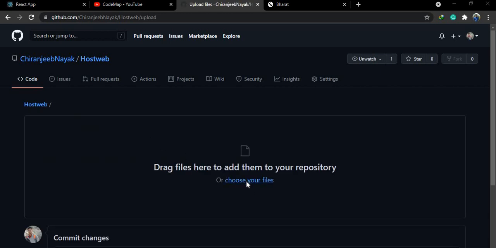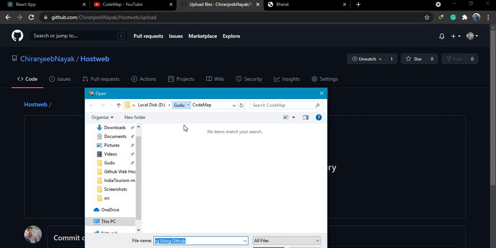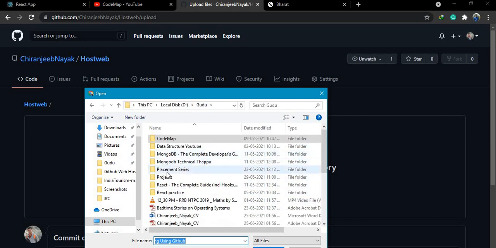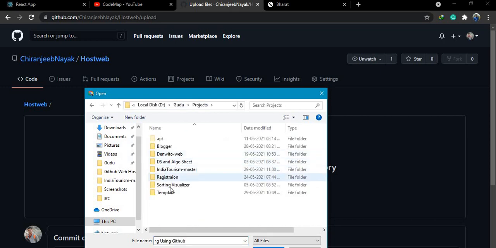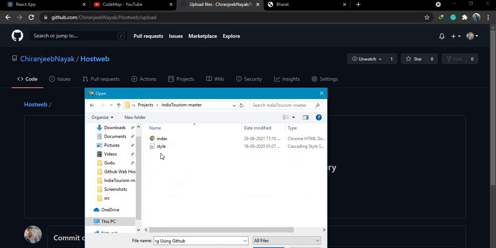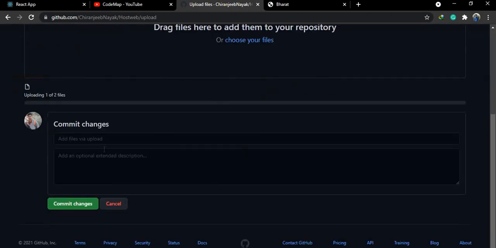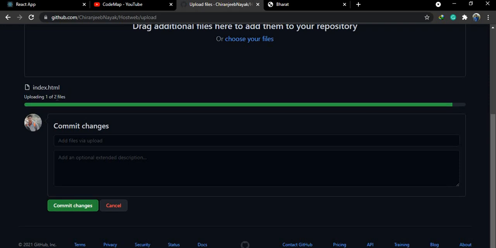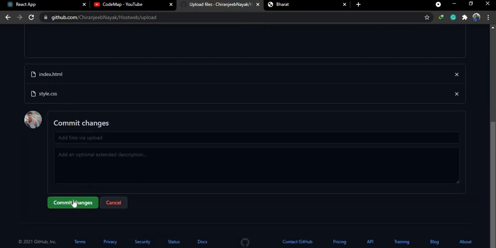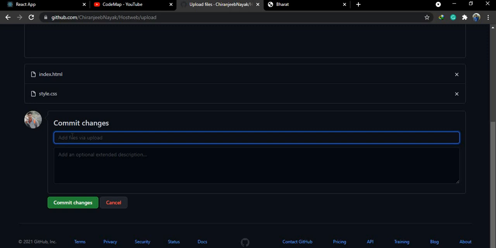Choose your files. I will choose my files. Now you can see it is uploading the two files. It's done. And you have to do a commit, meaning you have to write some commit changes.